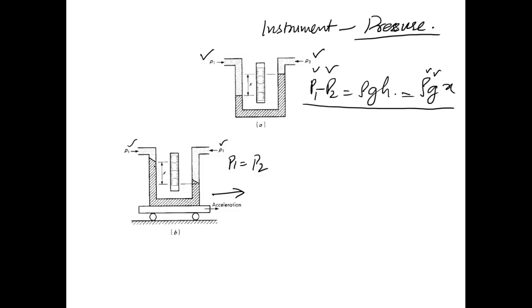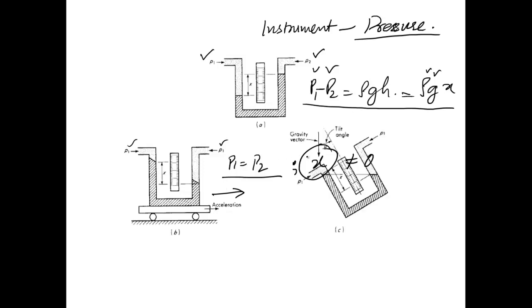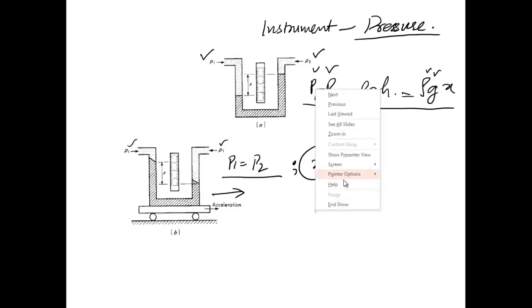So you can see a column already there. Now in this case, even though the pressure is the same, we still see an output. That is, x is not equal to 0, though x should have been 0 because P1 minus P2 is equal to 0. So this is an interfering input to this instrument, where it gives a value even if the pressure is the same. This is the problem with the types of inputs that we have.